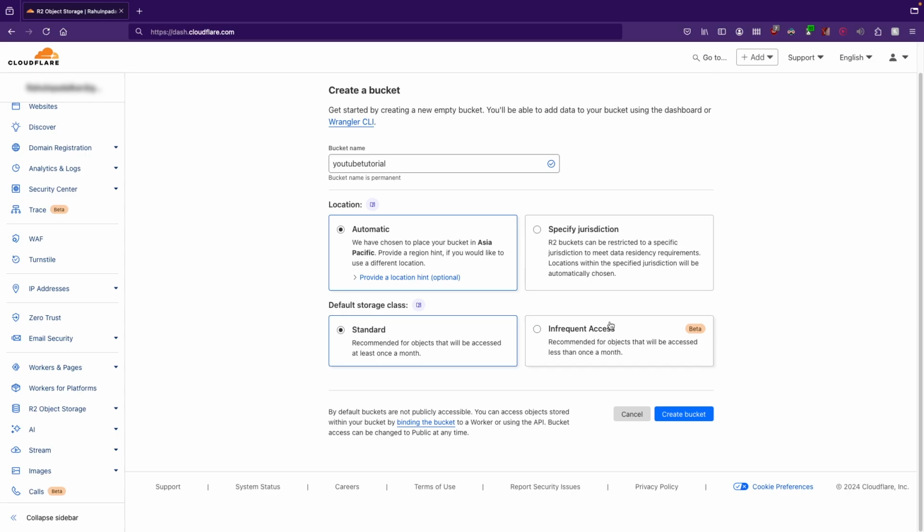They would probably keep that in infrequent access, right? I think you cannot actually move something from infrequent access to standard. So be wise about what you're putting in infrequent access. But for now, we're going to stick with standard, and then let's just say create bucket,